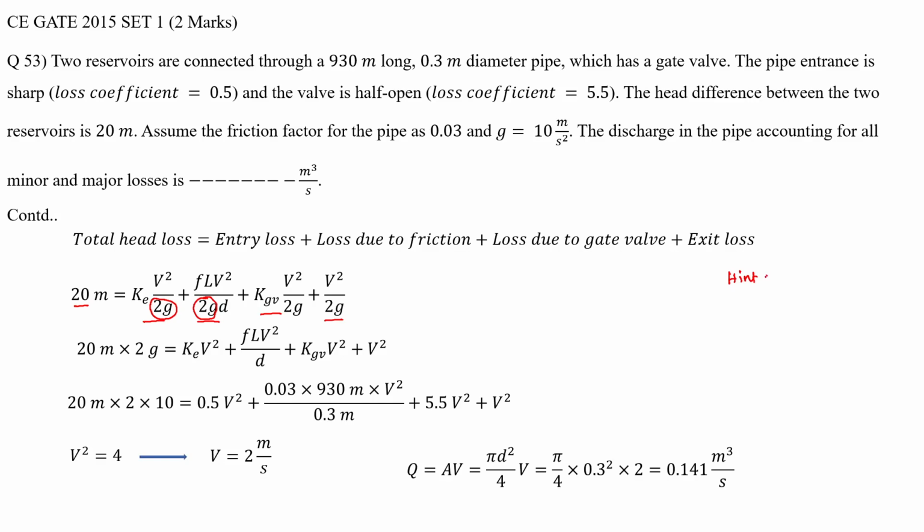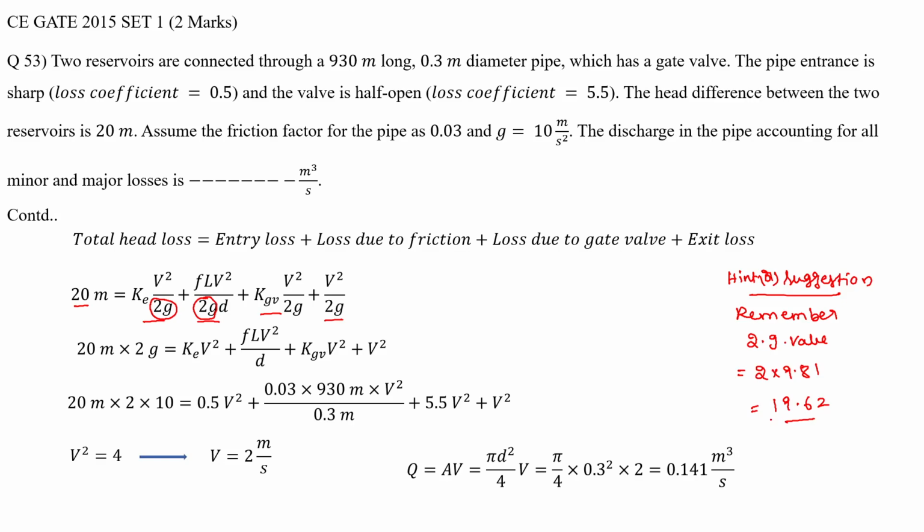One hint or suggestion I want to give is to remember 2 into G value directly, which is 2 into 9.81, which is 19.62. Okay, this value you should always remember, because all of you are using this